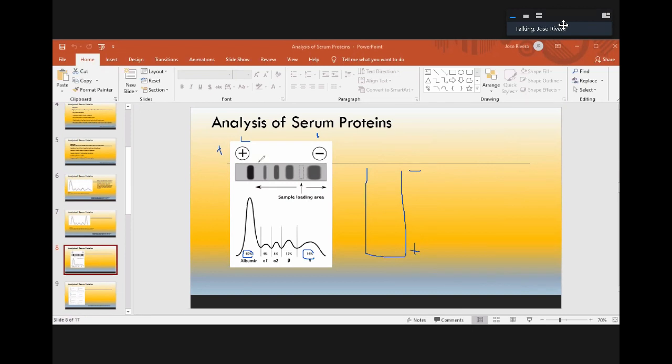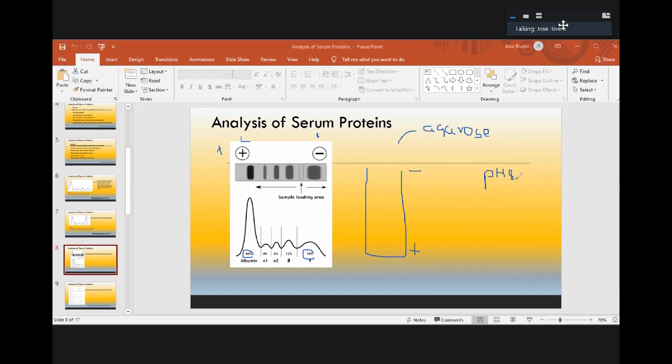So this is an agarose gel, and all the proteins are migrating by charge, by the amount of charge that they have. And in this pH of 8.6, I think it was 8.6,